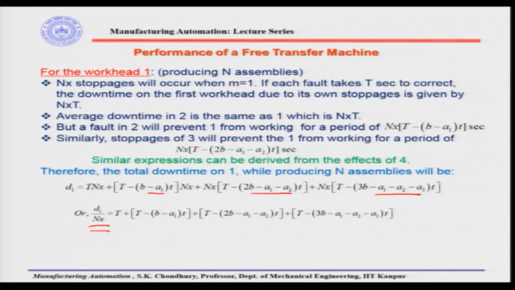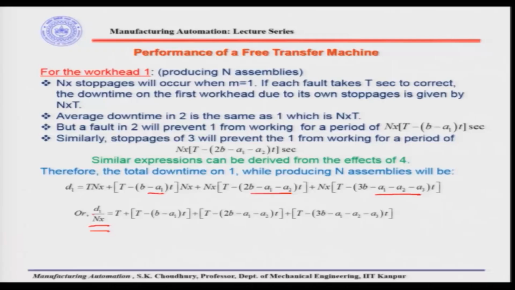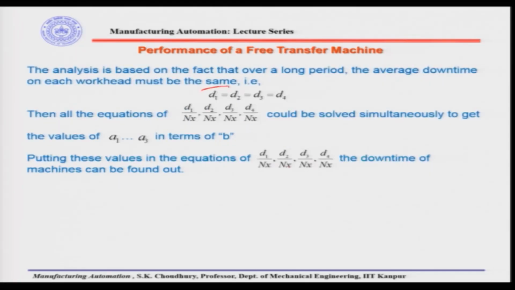Again find the values of a1, a2, a3 afresh, put them in these equations, and again test whether the bracket value is negative. If it is negative, we have to repeat the process. Keep on doing that and you will find what d will be for the overall line, because as we said, d1, d2, d3 and d4 will have to be the same. Therefore, small d is the downtime that we are finding for the entire line consisting of these 4